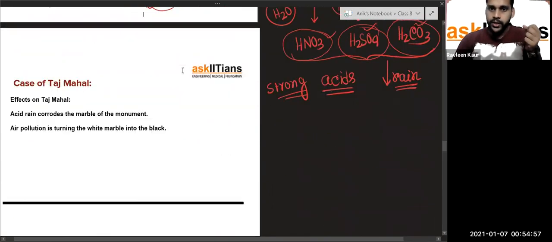It's a very simple thing, right? So these are the acids that come down with the rain, and they are harming our Taj Mahal. How is it harming our Taj Mahal? So what is happening is, you can see,